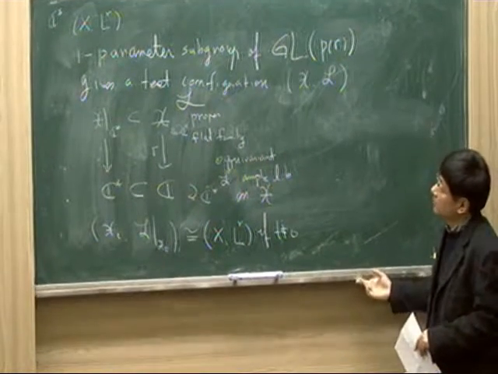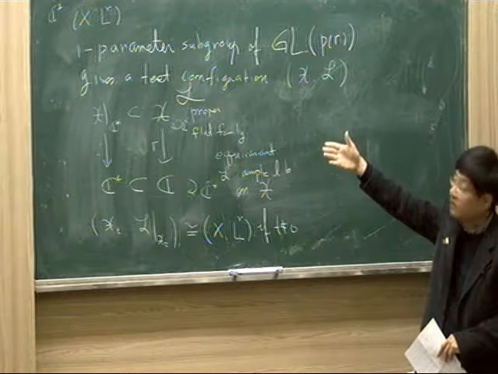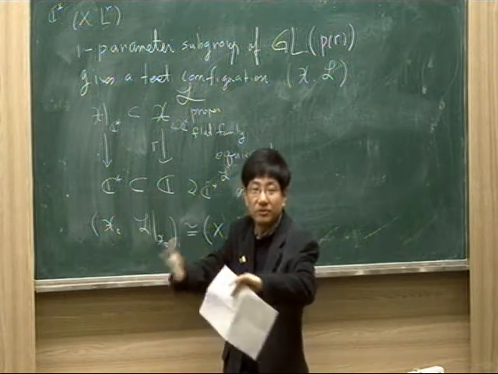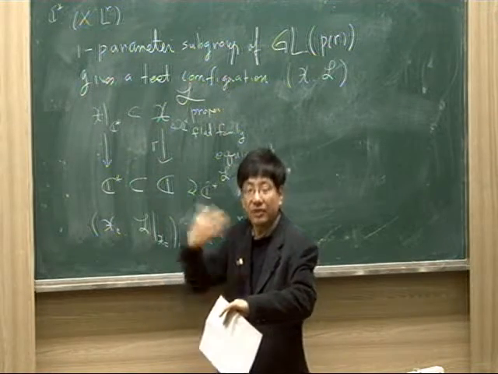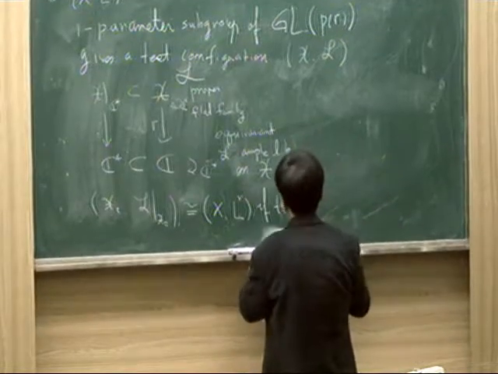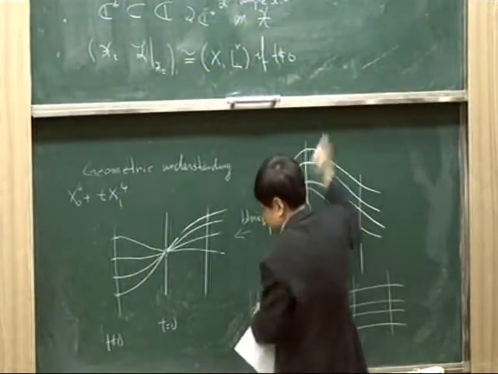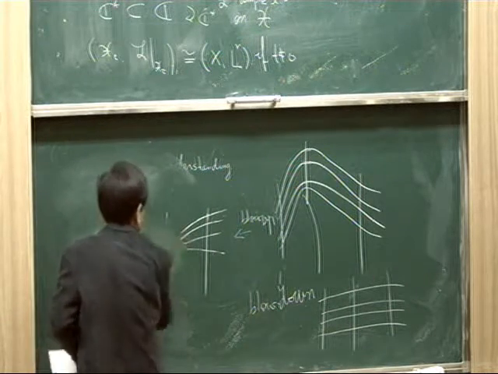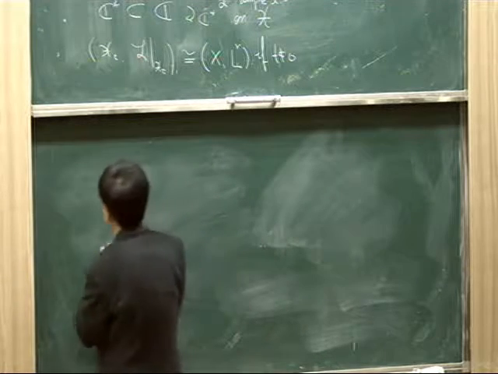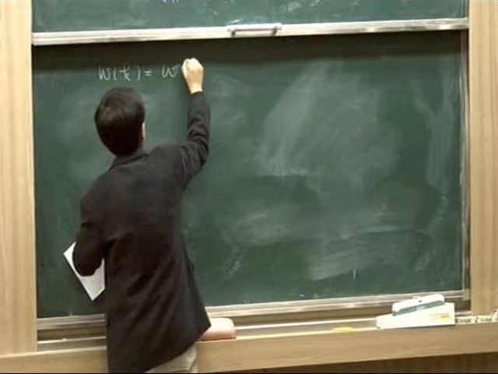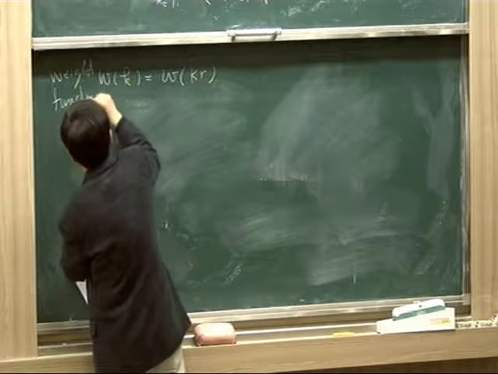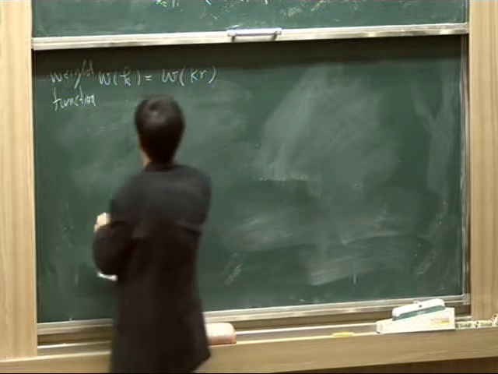And then now we have this C star action, but this is an abelian group. So here at least on each fiber we have a frame. So it means that we have some vector space, and we have an abelian group action. So then you can diagonalize. So then you can consider their weight from the diagonalization. So then we have this weight function. So basically it comes from these eigenvalues of the diagonalization, weight function on